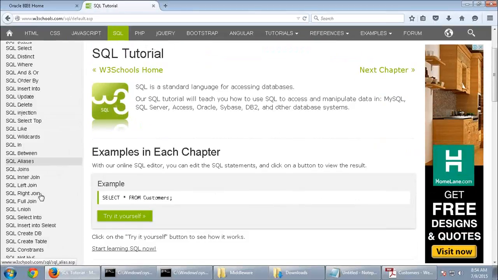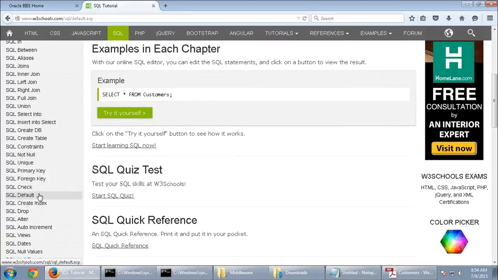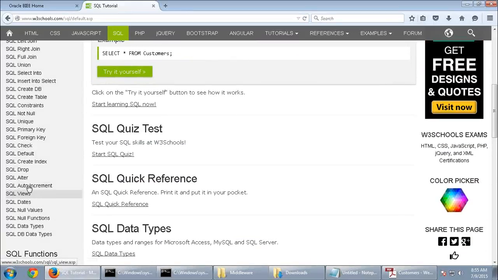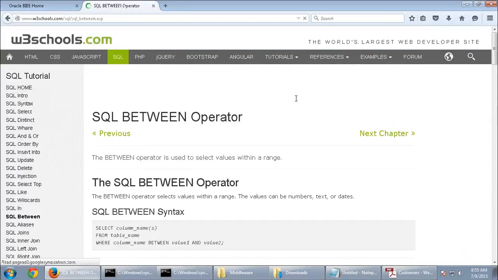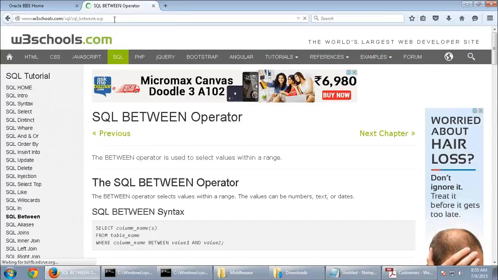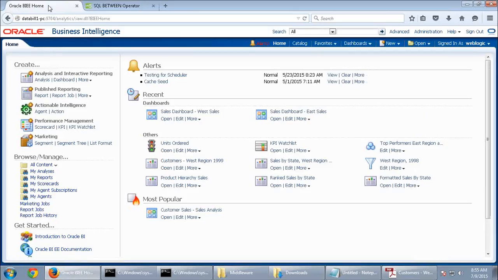So you can navigate to this. Anything, where is that? Leave it. Go for SQL between function. You want this link to be present in your OBIE. So how to do this? How to go for embedded content?